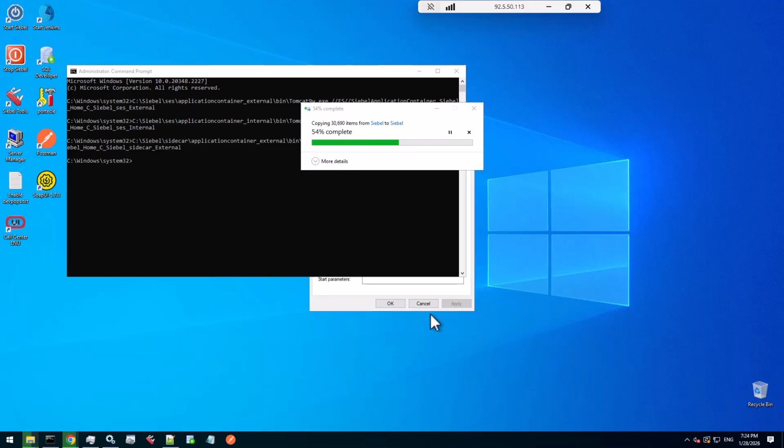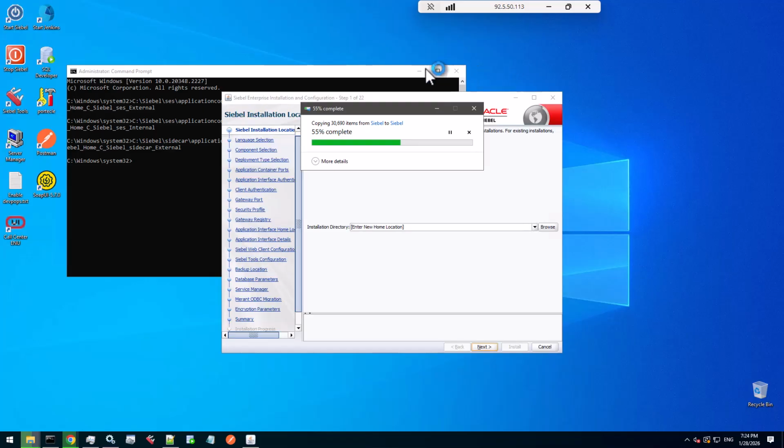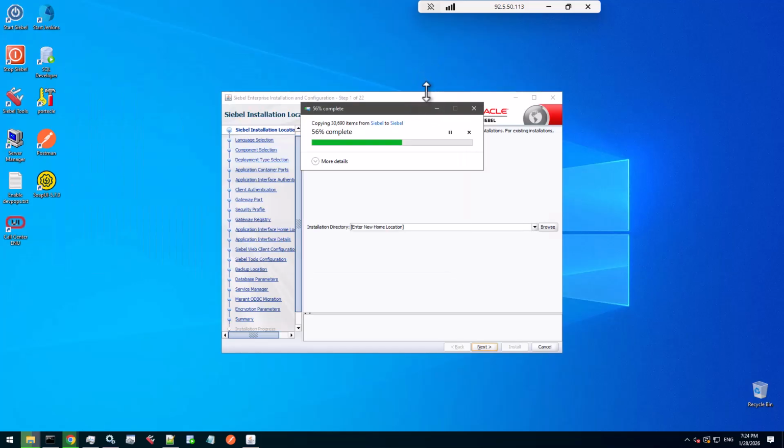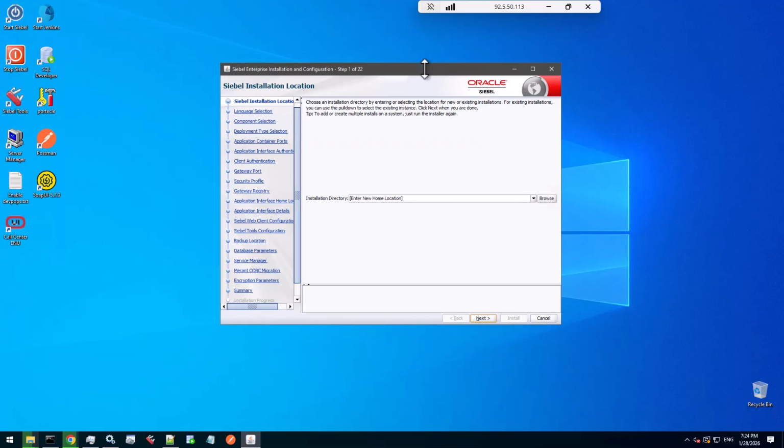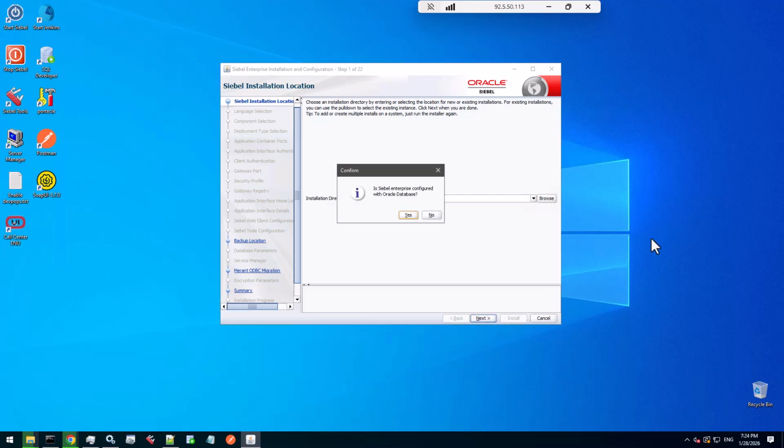Let me just get out of these boxes here. And I'm quite sure that we not really will feel or see a lot of difference to the 25.12. And as expected, we can select our home locations. There's also Siebel Developer Web Client. I will ignore that for now, not using it. And Siebel Tools goes first. So click Next. And well, this kicks off the Oracle database